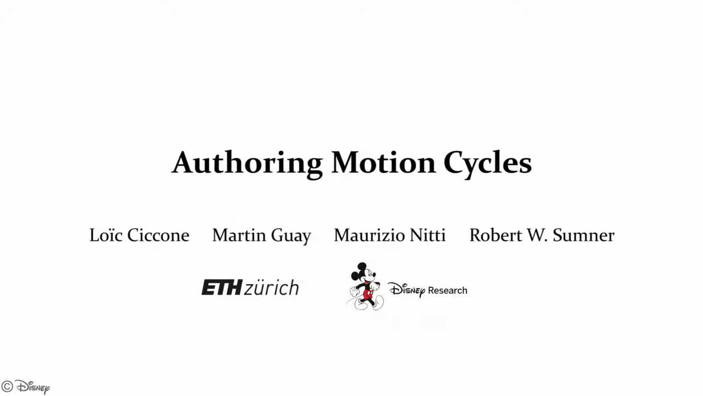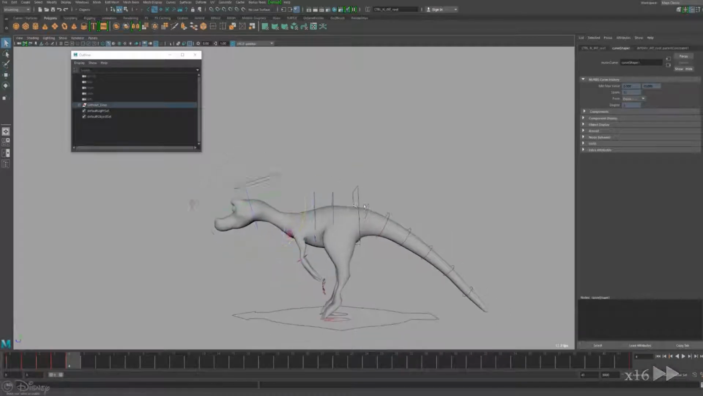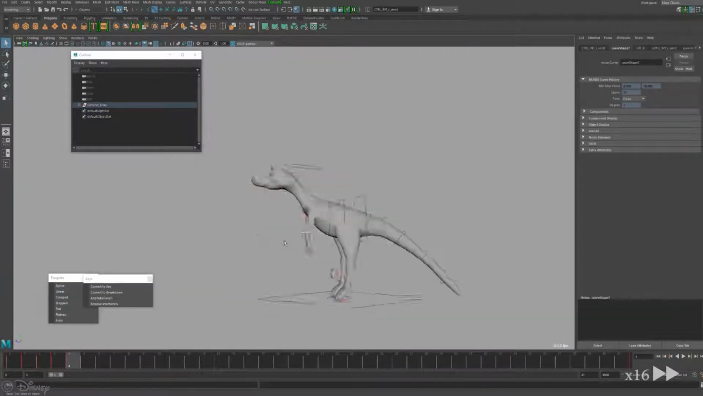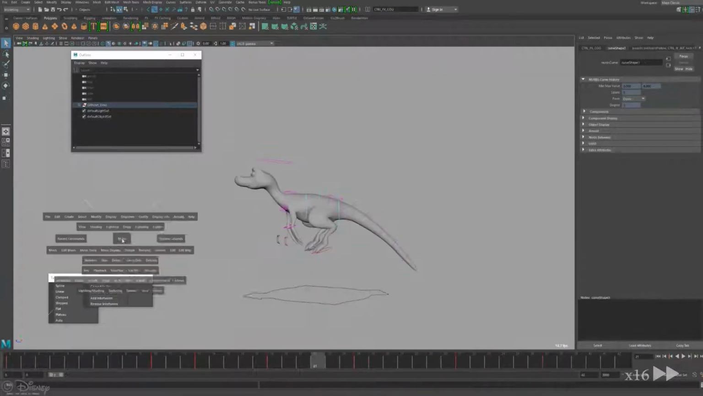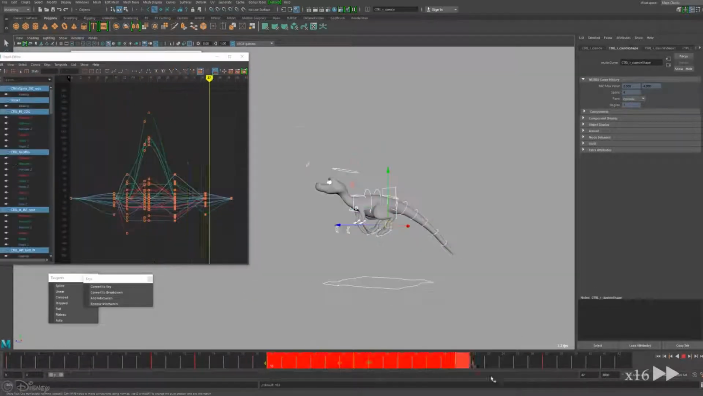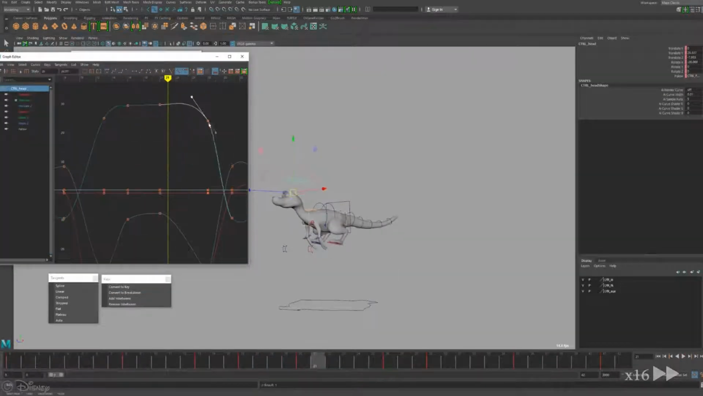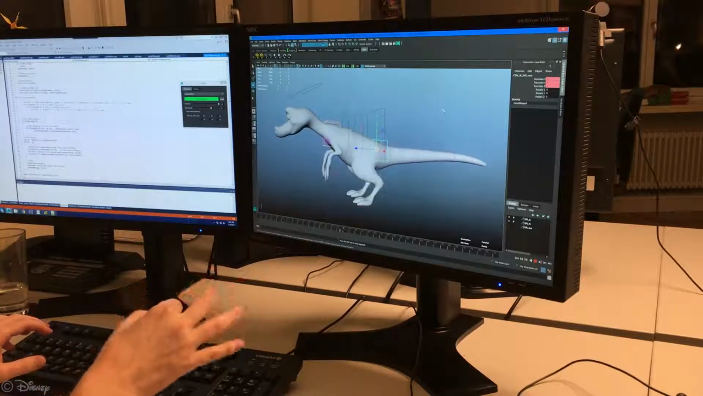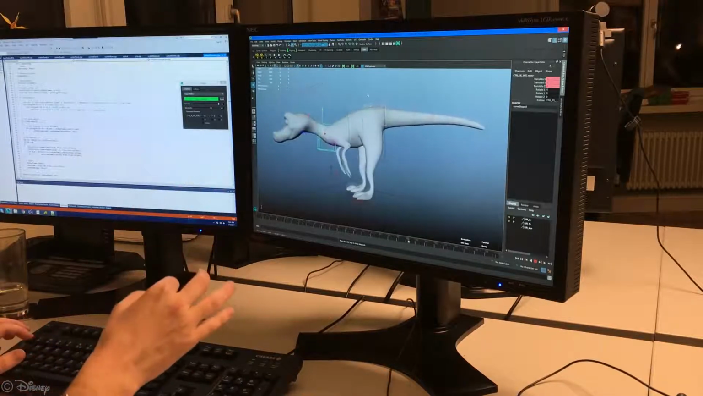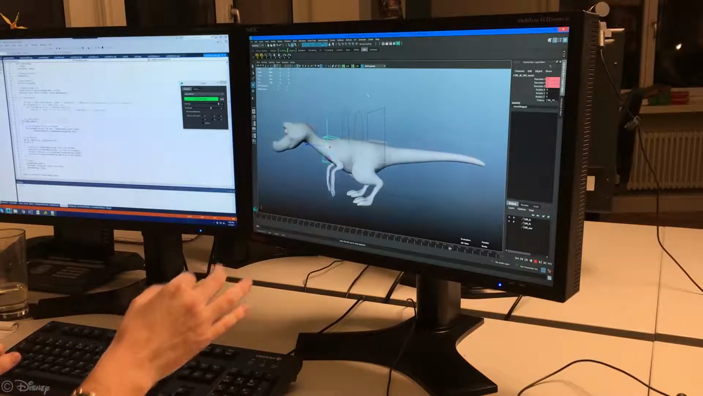We present authoring motion cycles. Existing methods for authoring motion cycles require using general-purpose animation packages. They rely on complex mechanisms that make the process tedious, time-consuming, and restricted to experienced artists. We propose a system for the authoring of motion cycles that allows the intuitive creation of compelling animations in a